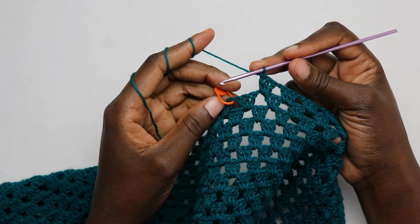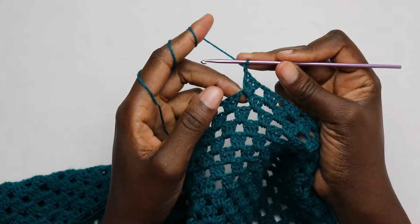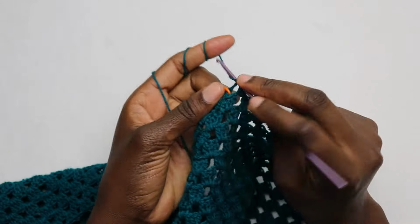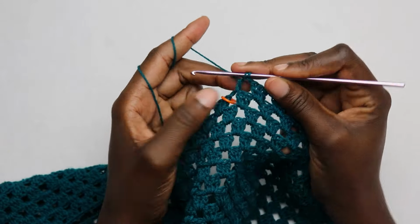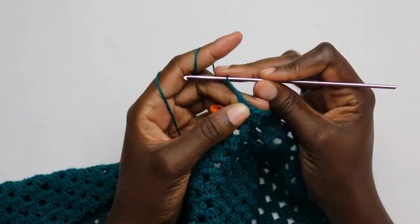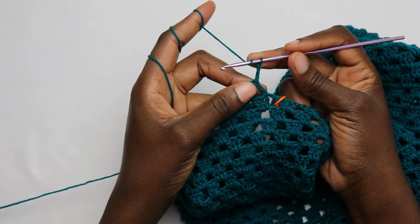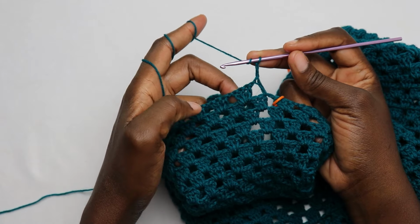So when you have your space with marker remaining, you're going to chain 1 after your previous cluster, then place only 1 double crochet in that space, then chain 3 and turn. And for your row 61 or your last row, you'll skip the chain 1 space and skip the next cluster,